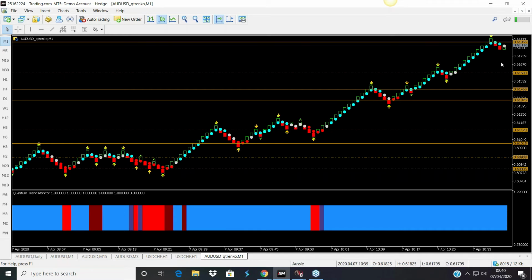And this is the way that you would play this type of move if you've missed the bulk of the move. You've looked at what is happening in the higher time frames, and that will tell you what is likely to happen in the faster time frames. Because this pair is in a trend, it's starting to trend, you are going to get the pullbacks. Are the pullbacks going to be worth trading?